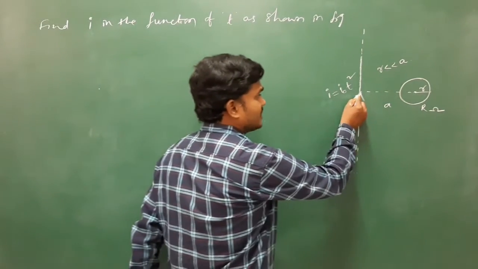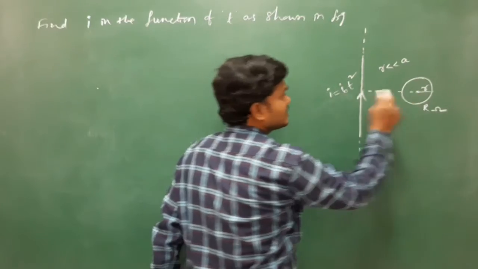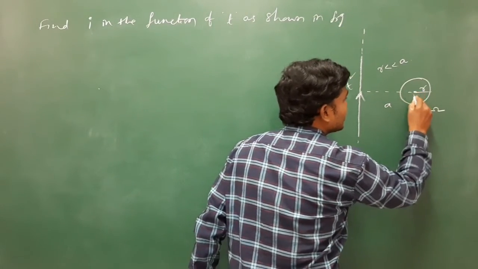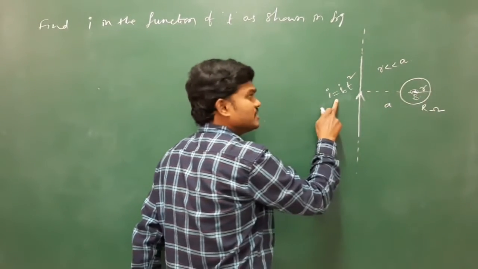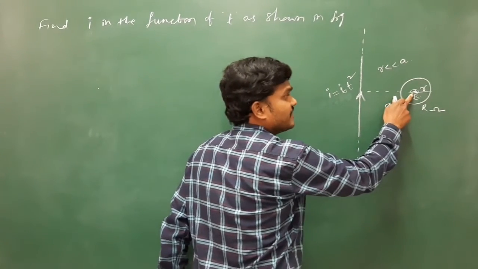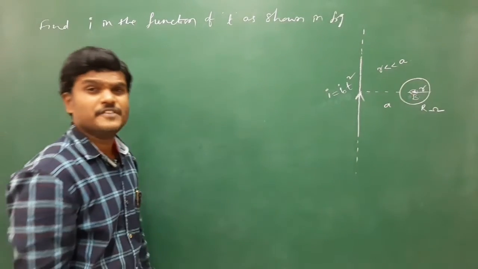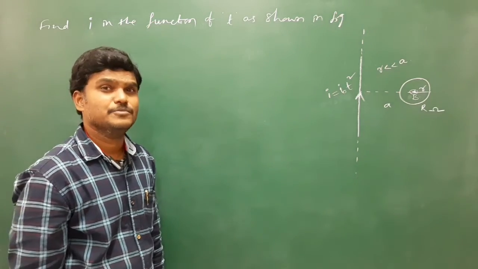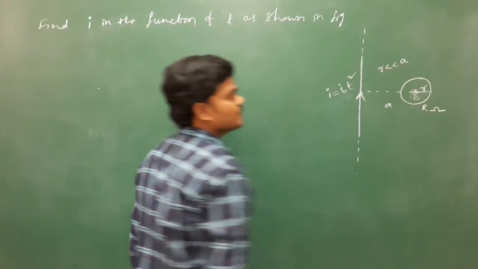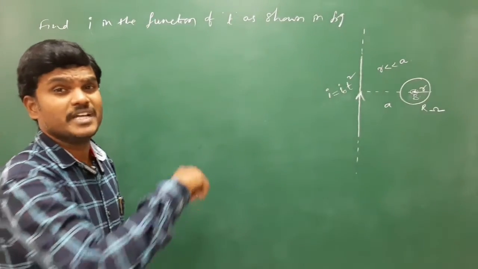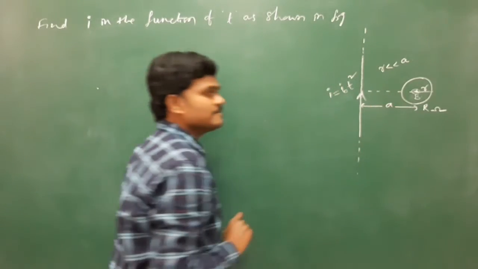See how I am going to extend. Anyhow, this current is increasing. Due to this current, there will be a magnetic field here, no doubt, that is inward, into the board. Just to recall the previous chapter, the magnetic field due to a straight wire is mu naught I by 2 pi r. So the magnetic field at the center of this coil is mu naught I by 2 pi a, because a is the distance.